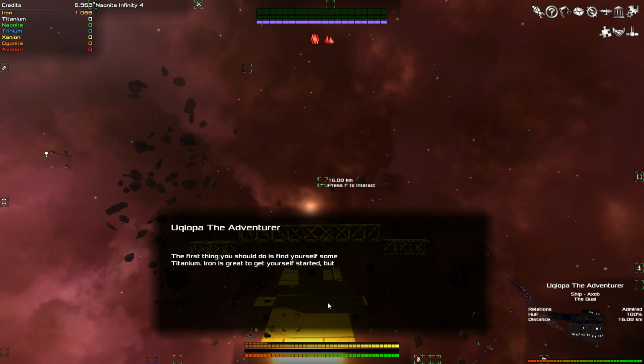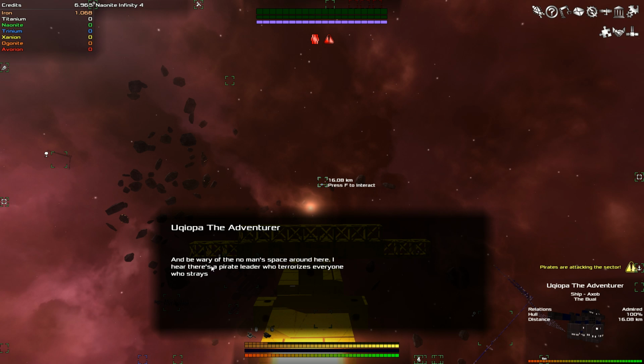The first thing you should do is find yourself some titanium. It's great to get yourself started, but titanium is lighter and you can build better parts with it. And be wary of the no man's space around here. I hear there's a pirate leader who terrorizes everyone who strays far from the civilized sector. Let's talk about something else. What's happening around here? 200 years ago, there was a cataclysmic catastrophe, which nearly...